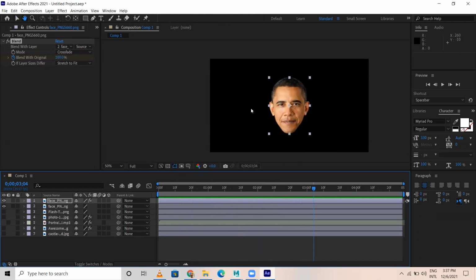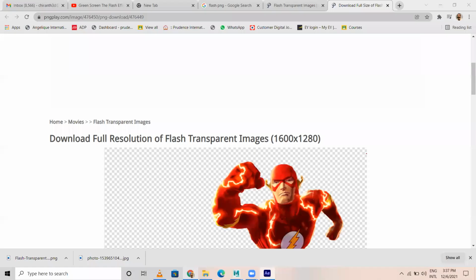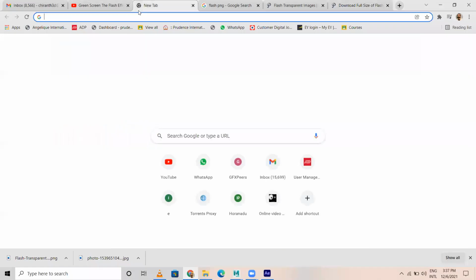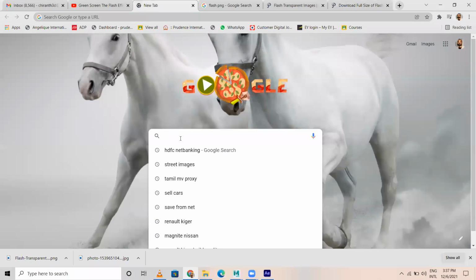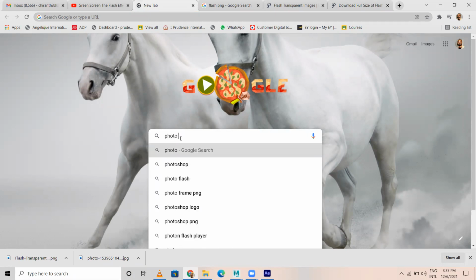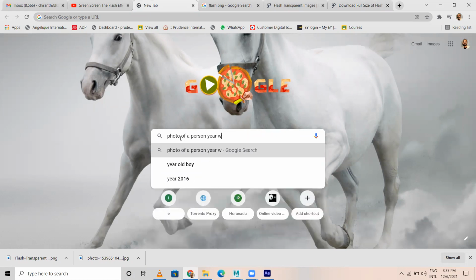Okay, this is one assignment which I'm giving to you guys. Let's say you take a hero or anybody's photos of a person, year wise.